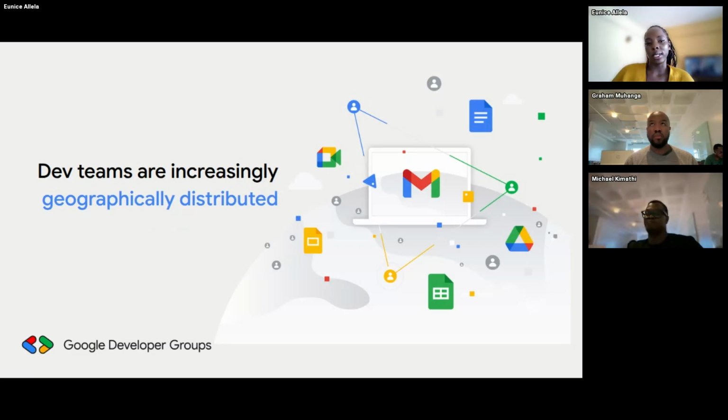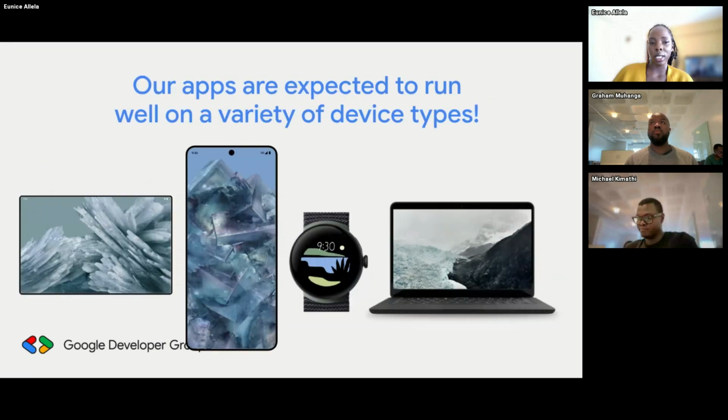We have also noticed that teams are increasingly becoming more geographically distributed. And before, for example, you'd think about building for one thing, only one operating system. If I'm building for Android, it's only Android maybe on my phone or on a tablet. But right now you have to think about how you're building for mobile phones, for watches, for desktops, and even larger screens.